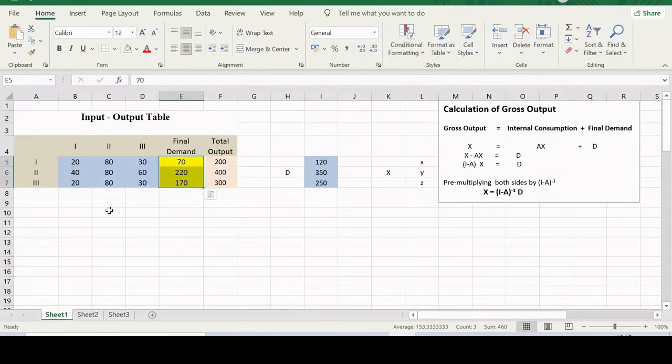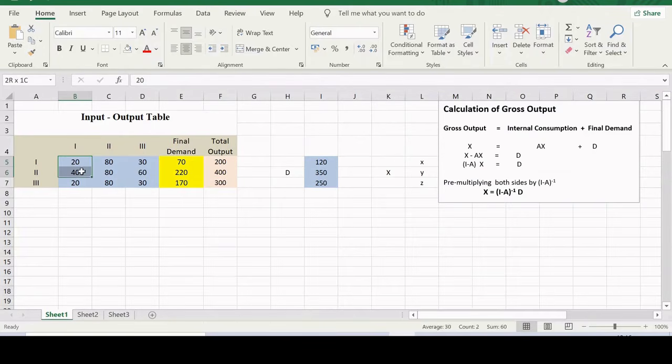So in this input output table, rows give us the output. If I take the first row and total the intermediate consumption and the final demand, I'll get the total output of the first sector. Similarly, the total output or the gross output of other sectors can also be calculated,